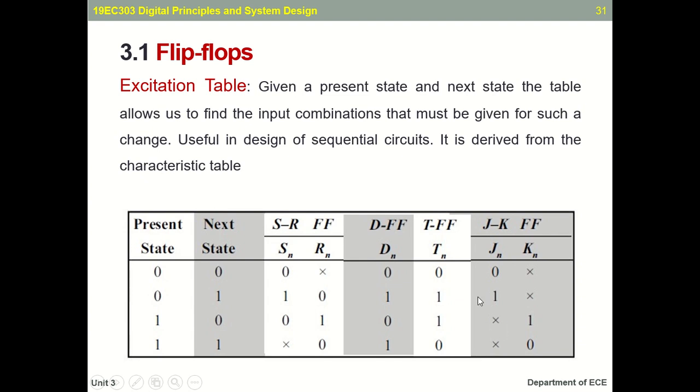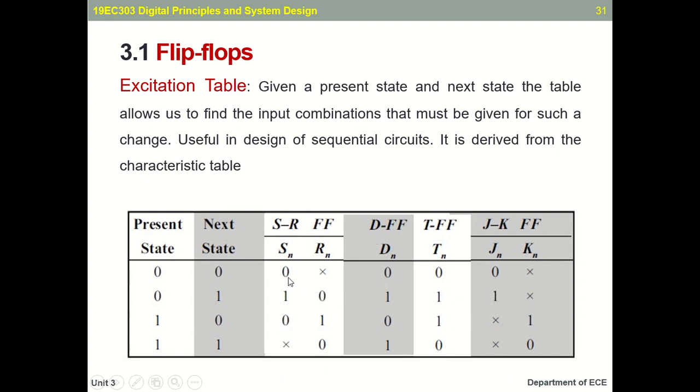See, the JK flip flop has been designed to remove the indeterminate condition of the SR flip flop. So JK flip flop is a modified version of the SR flip flop, wherein for 00 and 11, the excitation table of SR flip flop is the same: 0x and x0. But whereas for 10 and 01, the auxiliary diagonal should be x.